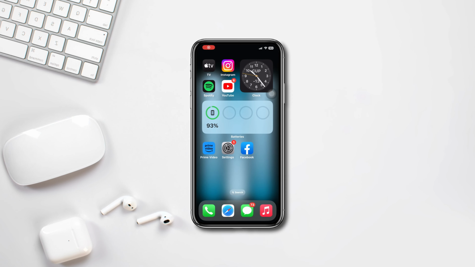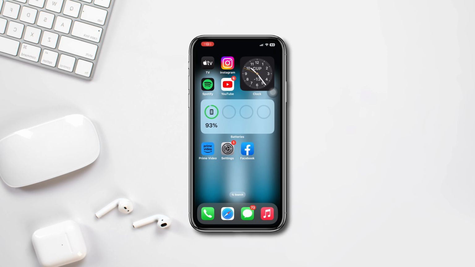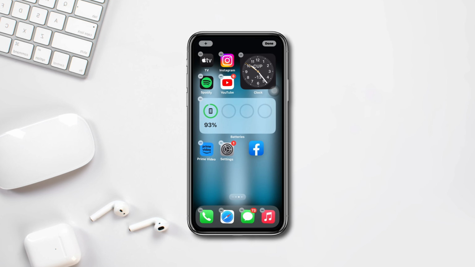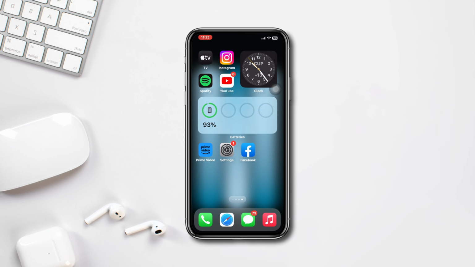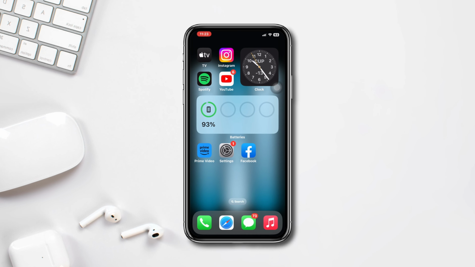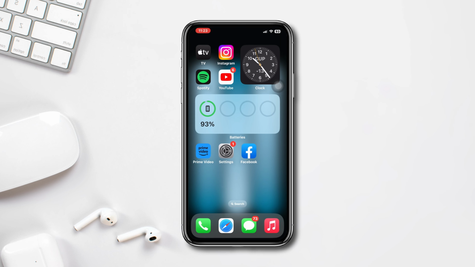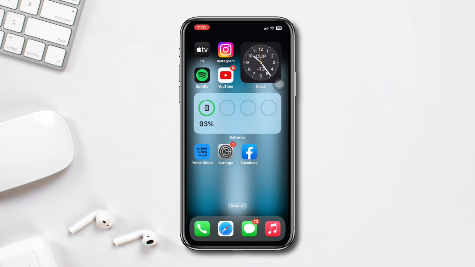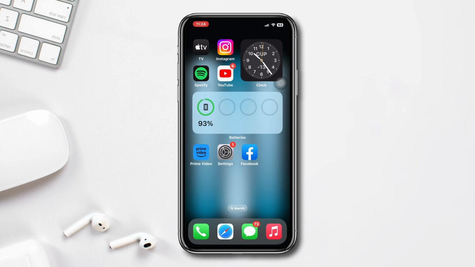Want to make your Facebook account private from your iPhone? Hey there, in this video, I'll walk you through the processes of how you can make your Facebook account private. So let's get started. Facebook doesn't have any direct option to turn your account to private, so you have to